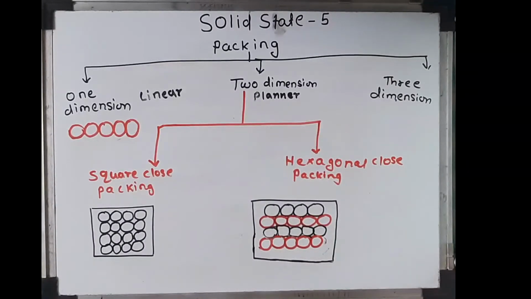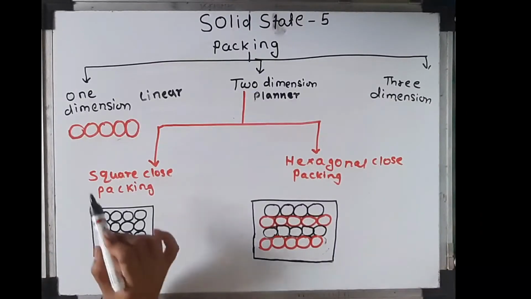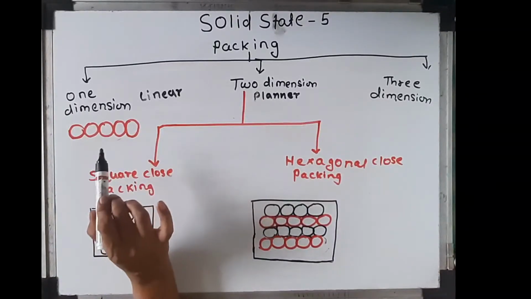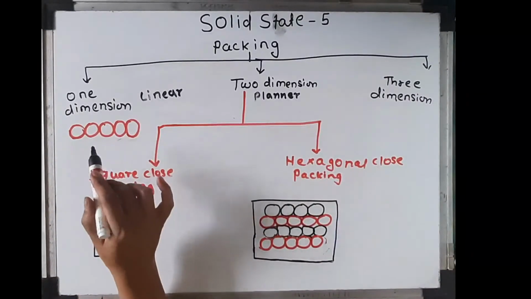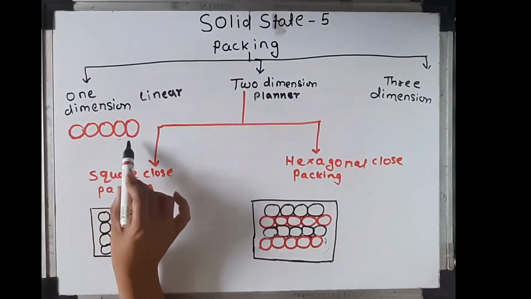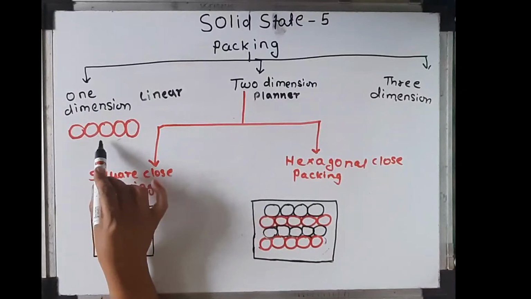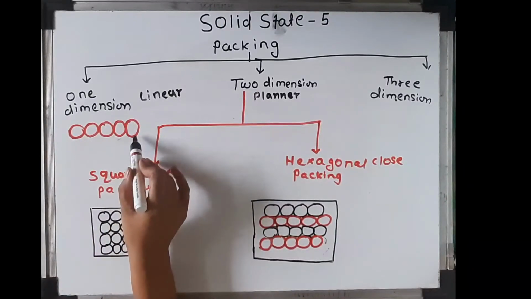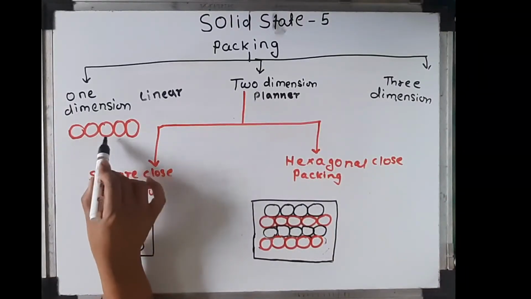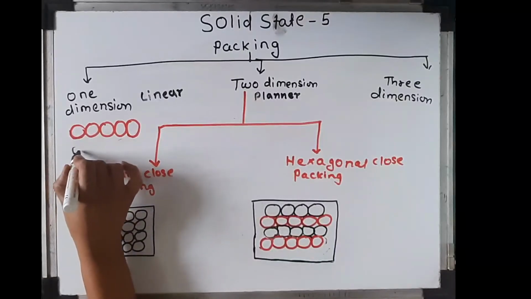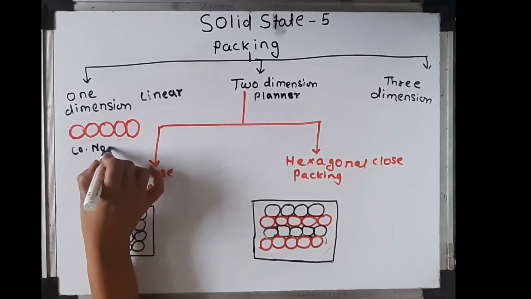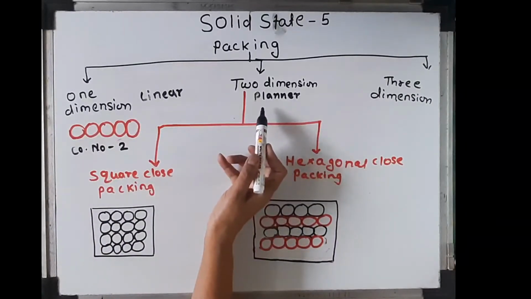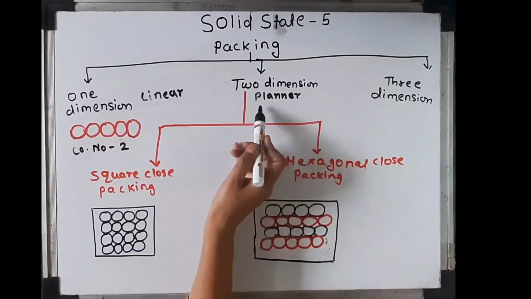Linear packing: a close packed one dimensional structure results by arranging the spheres to touch each other in a row. One dimension can be obtained by forming a row, touching each sphere to one another. In this case, except first and last, each sphere is touching two other spheres, so its coordination number is 2.